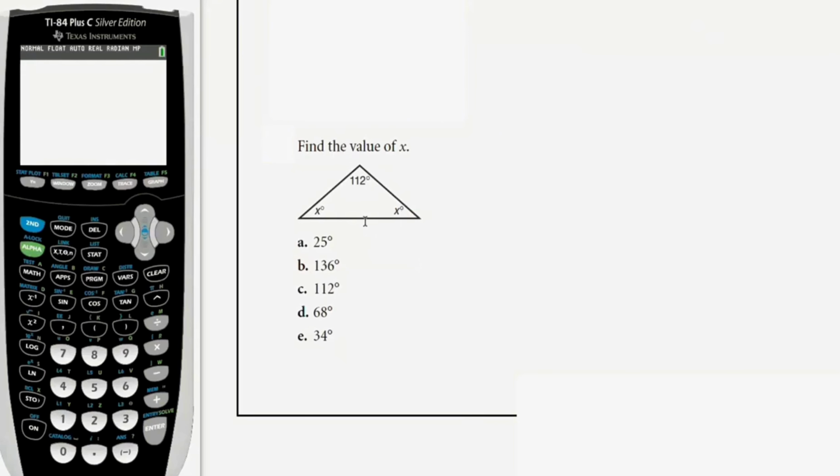So if you check, you will see x degree and x degree show that the two base angles of this triangle are equal. Alright, so to solve this, the sum of the angles in a triangle equals 180 degrees. So you're going to basically sum everything we have in this triangle and equate it to 180 degrees,